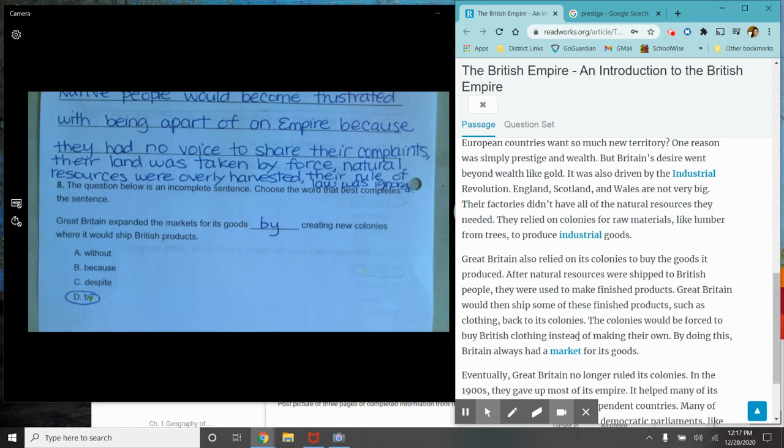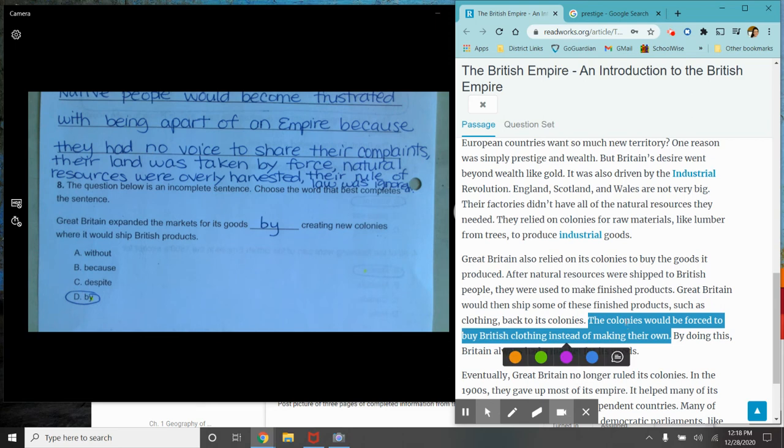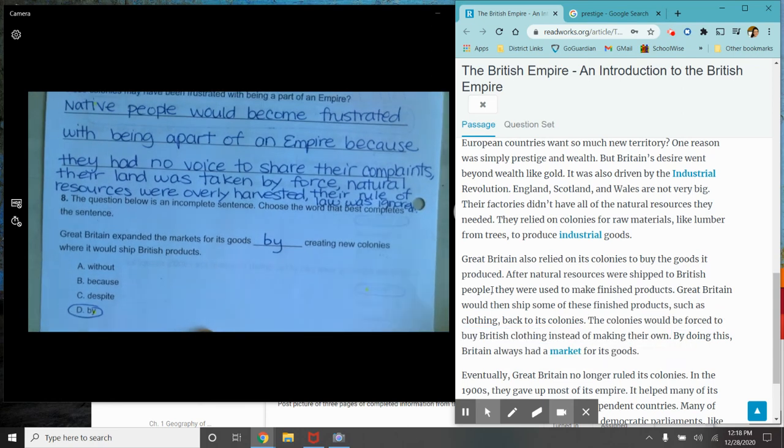This piece right here, we're going to get into this later on. Colonies were forced to buy British clothing instead of making their own. This is a key part. I mean, there are many things that lead to the American Revolution, but this key piece, where the colonists were forced to buy British goods, creates a huge problem later on in history when Britain starts taxing the colonies for all these items that they need to have. So just keep this in mind, that this is a huge problem that will eventually lead to more distress and unrest amongst the colonies. All right, and let's go to the next page.